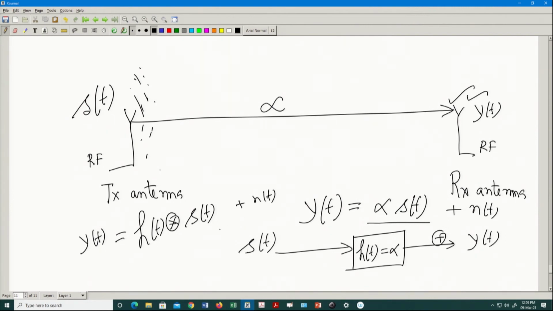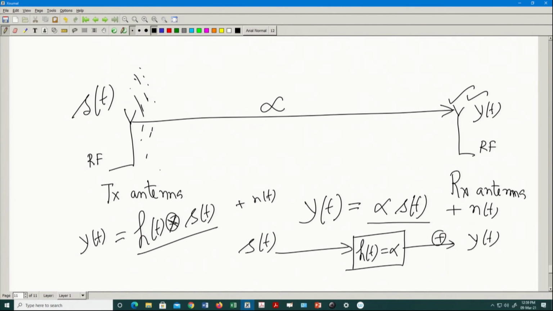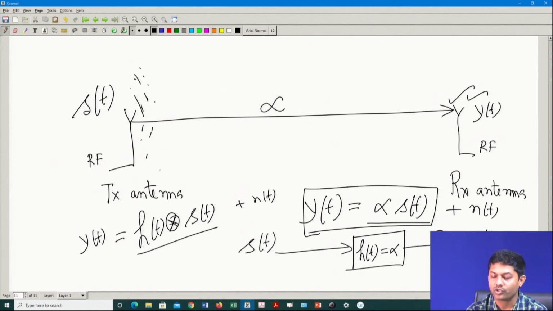Let me not bring the noise all the time, noise is implicit. So henceforth I will only talk about that, because noise is implicit. Can I think of it like that? So this is just like a convolution, right? Now, if this is the result, what should be my filter? H(t) is nothing but a constant alpha. So I can think of it as a channel with just a constant gain filter. That is all I can think of, it is a constant gain filter, right. Okay, fine. This is one part understood.